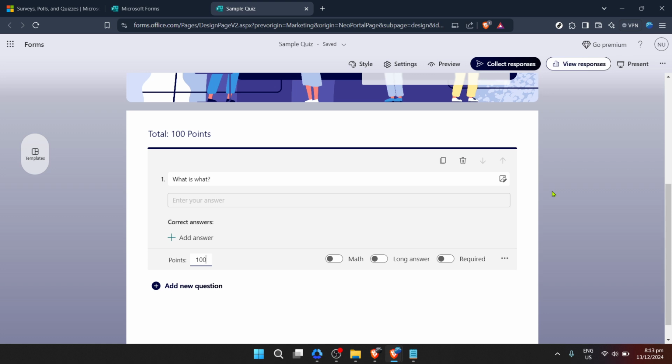And there you have it. Adding points to questions in Microsoft Forms is as simple as that. Whether you're gearing up for a new school year, creating an employee survey, or just looking to make interactive and fun quizzes, these steps will help you utilize Microsoft Forms to its full potential. By customizing the points for each question, you can create more engaging and nuanced assessments. So go ahead, give it a try and see how it transforms your forms. Remember, practice makes perfect, so don't be afraid to experiment with different types of questions and point values to find what works best for your specific needs. Happy form making!